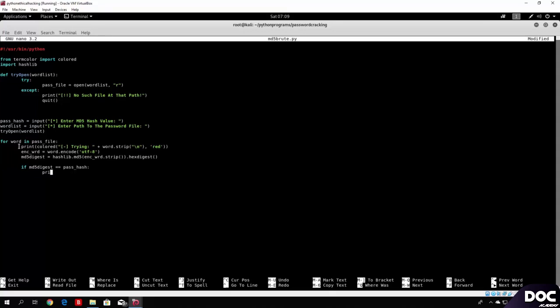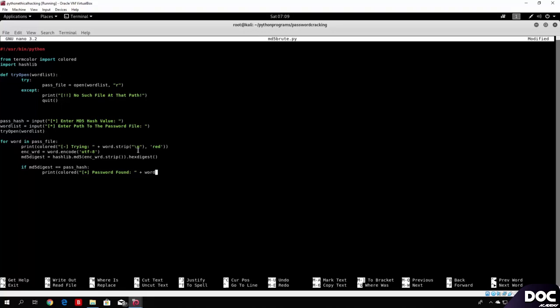We will print it in green, so print colored. Let's make it like this, so password found, and then we add the word itself. Since word is in plain text, we do not want to add the MD5 digest since we aren't really interested in sending the user back their hash. So plus word,